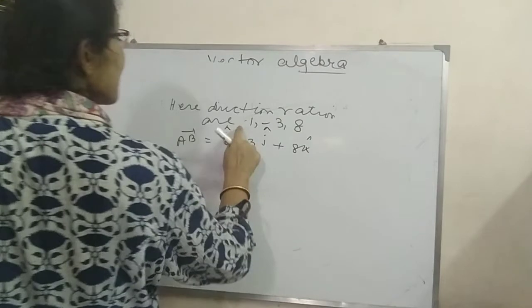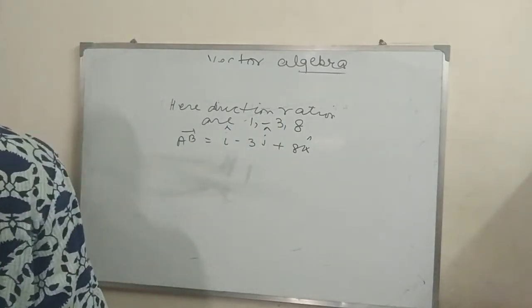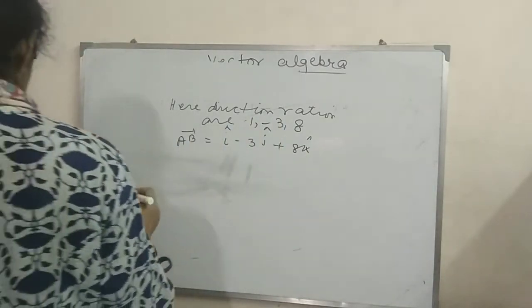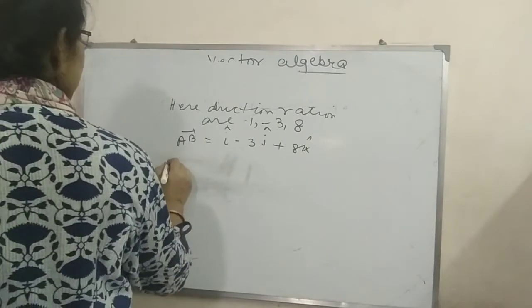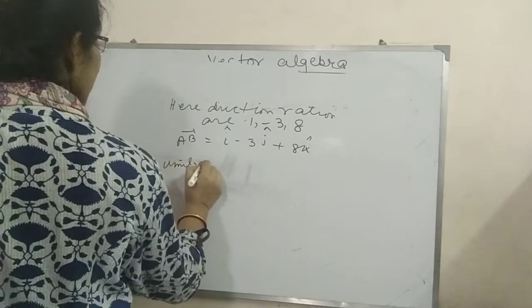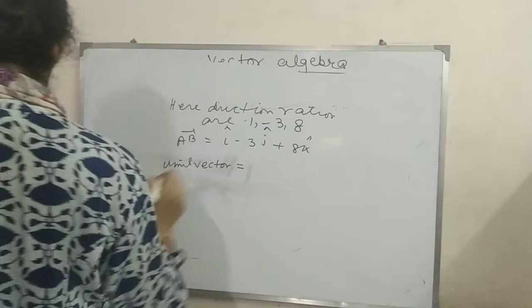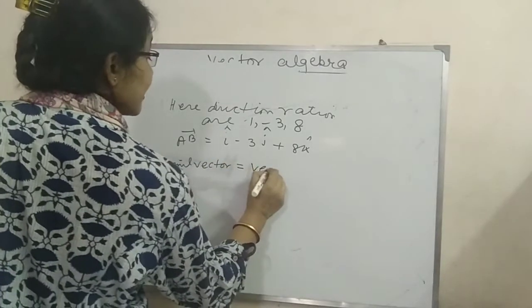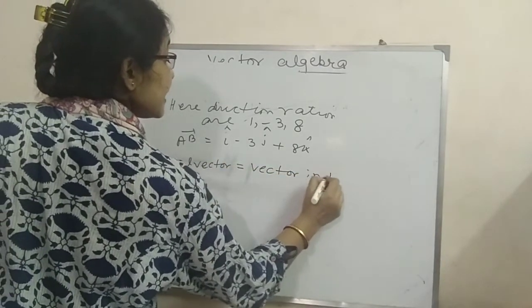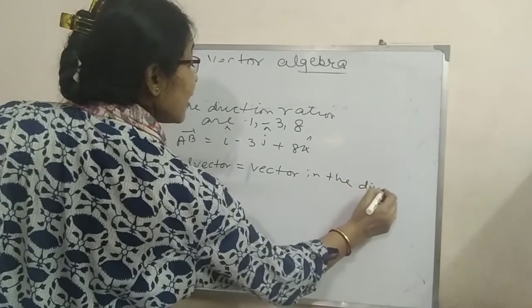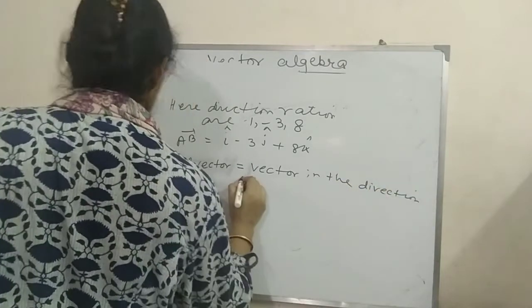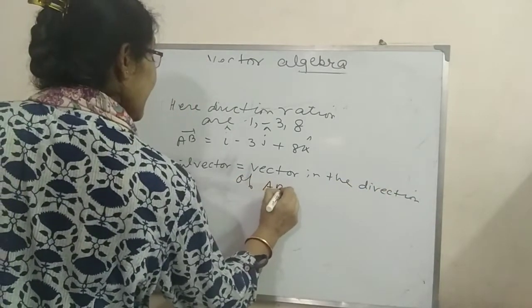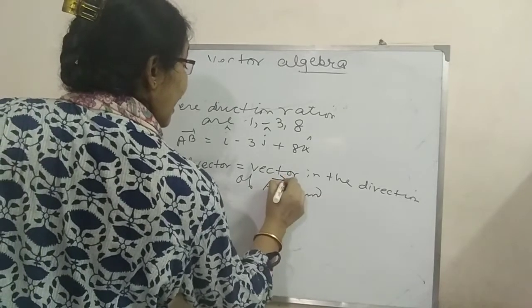So the direction ratio is 1, minus 3 and 8. Unit vector is equal to vector in the direction of AB and